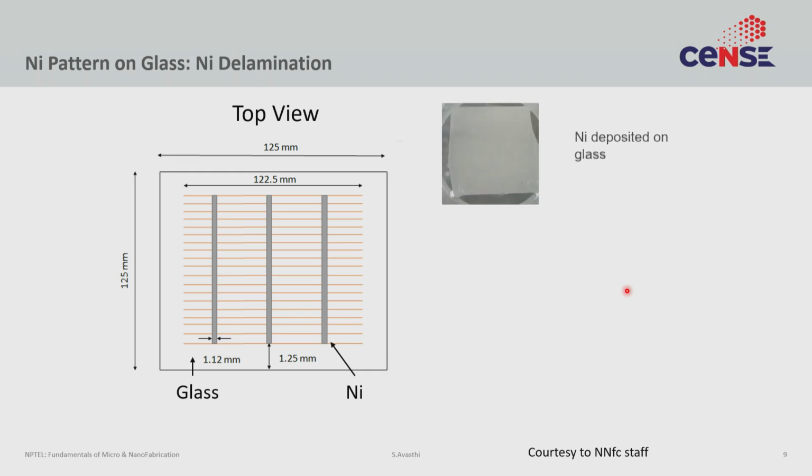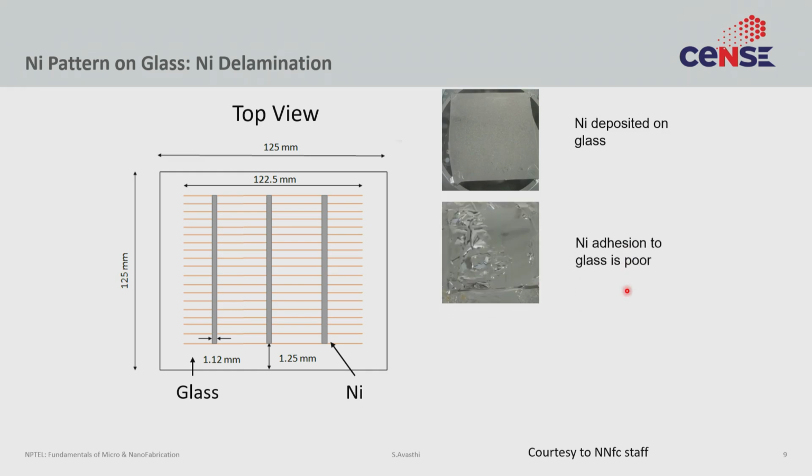But when we actually did the process, we deposited the nickel on glass, and what we found was the nickel doesn't adhere to glass. You start to see this peeling. The nickel is not adhering to glass, it's peeling off. When you try to pattern this nickel that is poorly adhering to glass, it comes off from places where it should not come off, so it gets overdeveloped very easily. In the pattern that you actually get, and I hope you can see it, some of these lines are blurred, and they are blurred because the nickel is not there, because the nickel just peeled off.